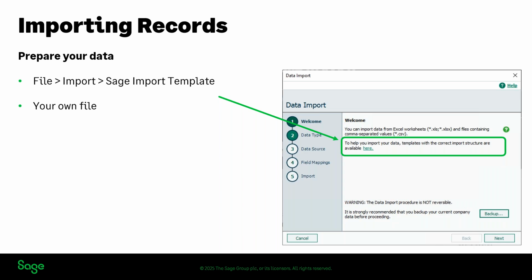When it comes to importing, you can either use one of the Sage import templates, which we'll have a look at in just a moment, or you can use your own file. It doesn't have to be an import template. So it does mean there could be very little preparation you need to do, as long as your file contains the right information. Import templates are provided for you. They're available by going into the data import wizard, or if you know where to look, you can just browse through My Computer to find them. But the easiest way to get at them, if I quickly share my screen,